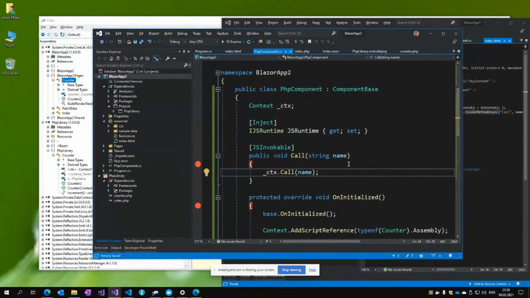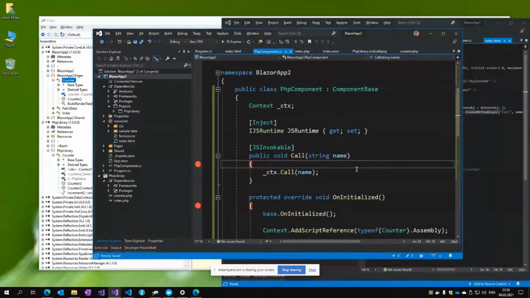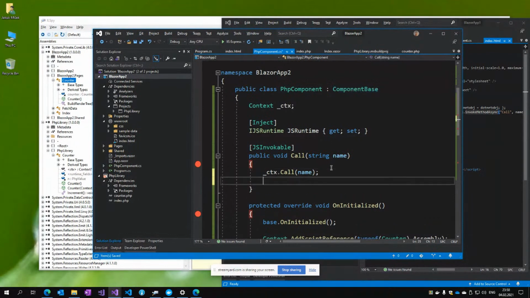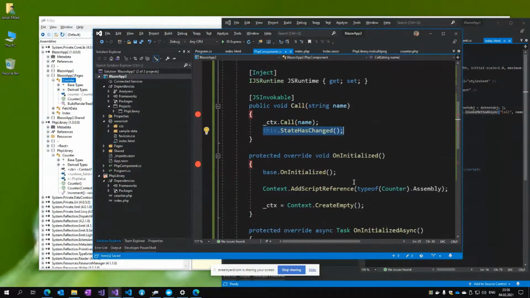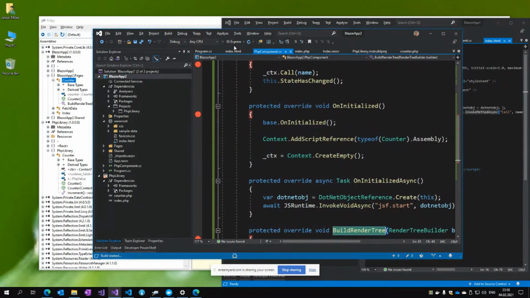Nice. So I need to re-render the PHP page because I changed some state, and I'm pretty sure the component base has something like state has changed. This will tell the underlying framework that the state has changed, and it should call the build render tree again. So when we now run it,